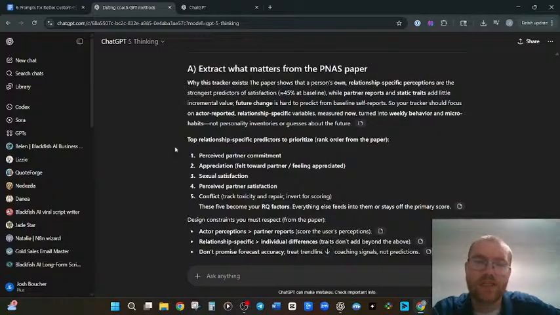So it is expecting me to keep up this document and update it on a weekly basis or a daily basis, and make sure that it always has the updated version put into it.